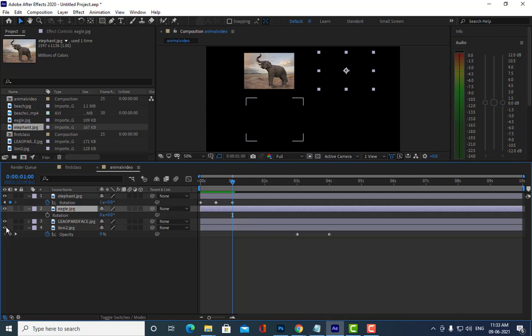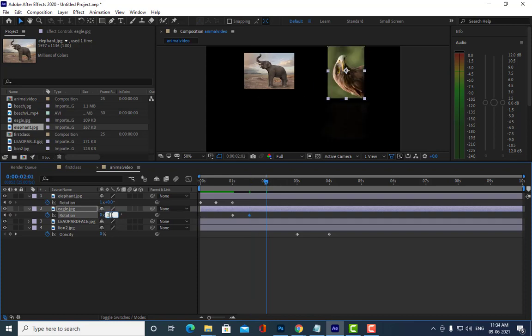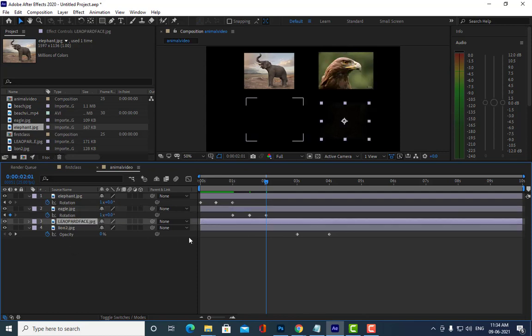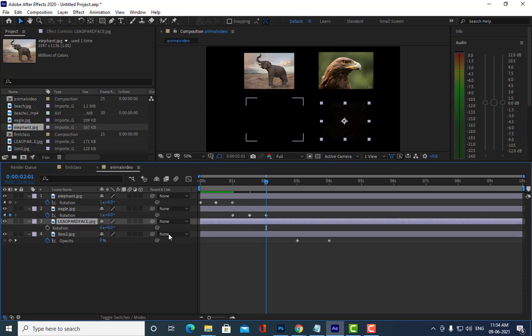Are you able to understand, everyone? Yes, sir. See here, stopwatch, and then come to the middle point, and put 270, and then we will say 360, like this. And last, for this one also we will set the rotation.